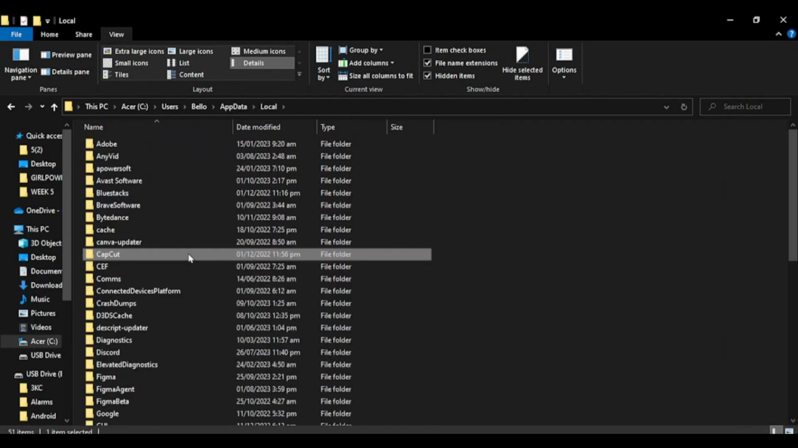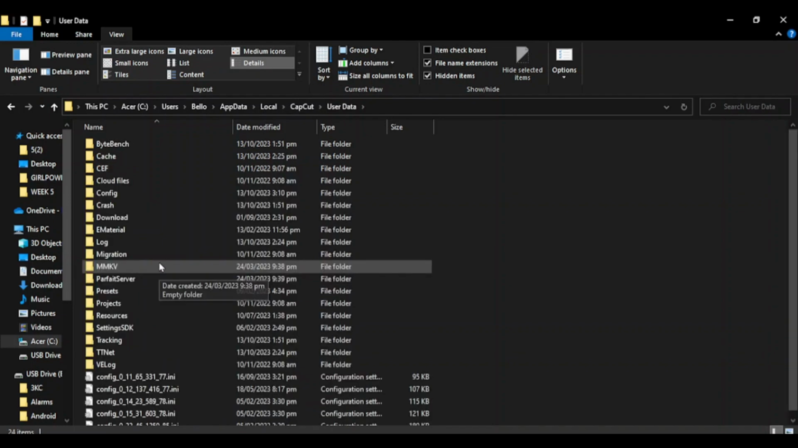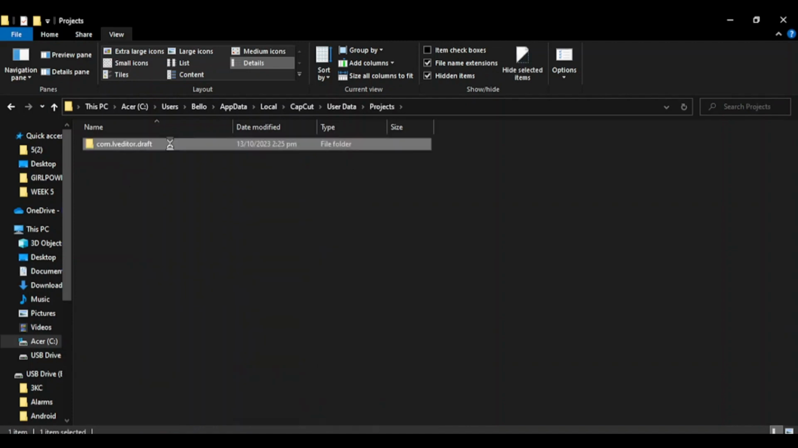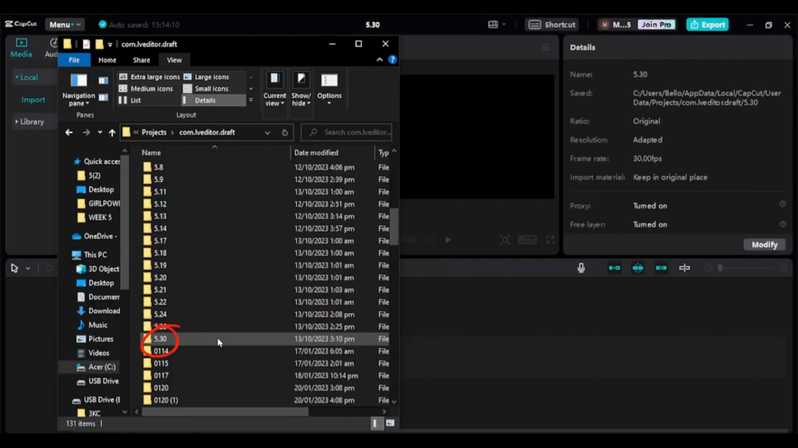So now here you can see the option for local, and now search for CapCut folder. Alright, so now click over here, and inside there you can see we have our user data. So now click on user data, and finally here you can see the folder for projects. So once you're in your project folder, you can see that we have already some folders. So now all you have to do is click on this folder, and here you can see our folder name